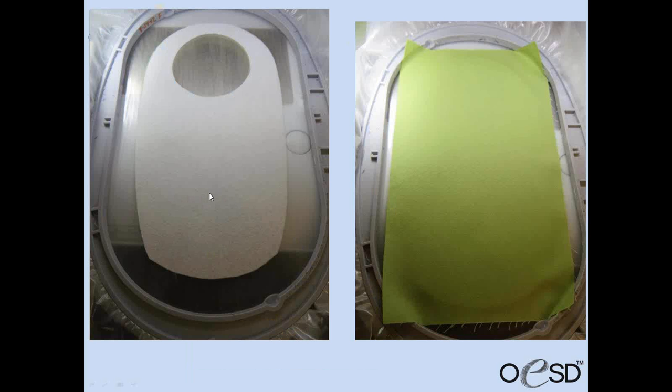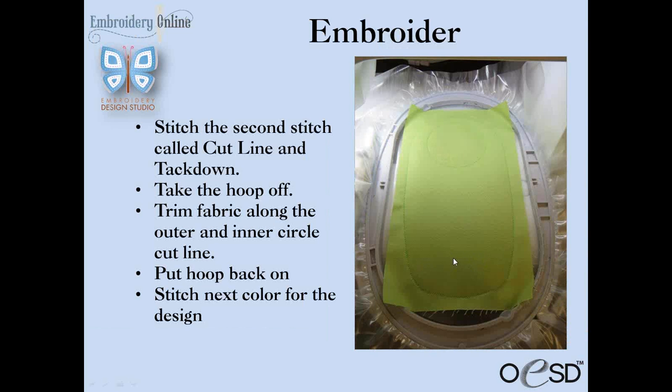Next, we're going to lightly spray the stabilizer, just a little bit, not too much, or you can also spray the fiber form on both sides if you want. And place your fiber form piece that you cut out from your paper templates over the placement stitch. And then place your fabric right side up, your front, over your fiber form piece. Put your hoop back on the embroidery machine, and we're going to stitch out the second stitch called the